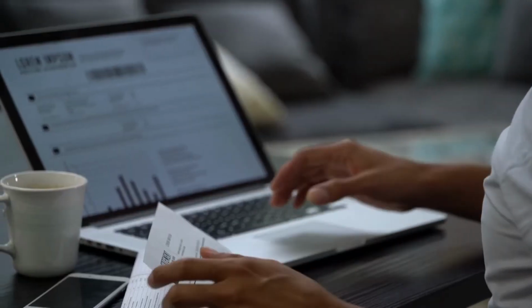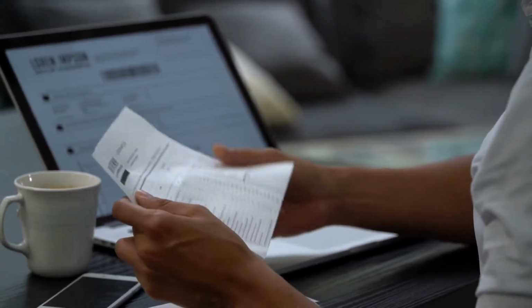They are probably going to request that you provide your bank statements for the last 60 days. It is important that you give the lender as much information upfront as possible so that there are no surprises down the road. It is so heartbreaking when I am working with a buyer and they've been slow to provide the information that the lender has requested, and they might get a pre-approval letter and then somewhere down the line